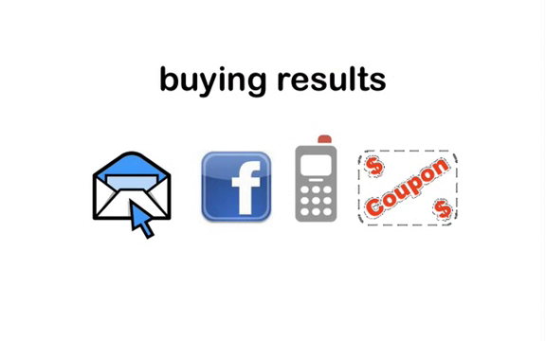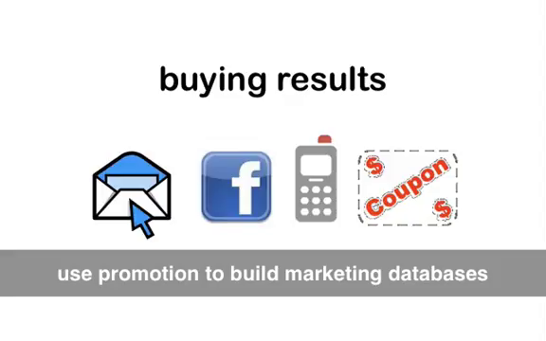But today, this is what they're buying from us. And if they don't know that, we need to educate them about that. There's a huge opportunity. They're buying email addresses, social media followers, Facebook, Twitter, Instagram, mobile numbers through text messaging, and through conversions like coupons and other special offers. We are helping our local advertisers build marketing databases so they can reach out and follow up with people that aren't necessarily ready to buy immediately. And we are going to use our traditional promotion to build those databases.